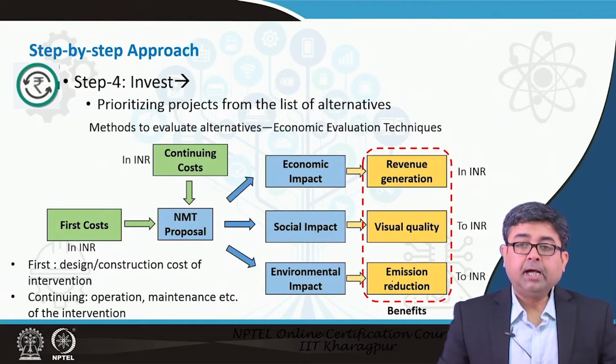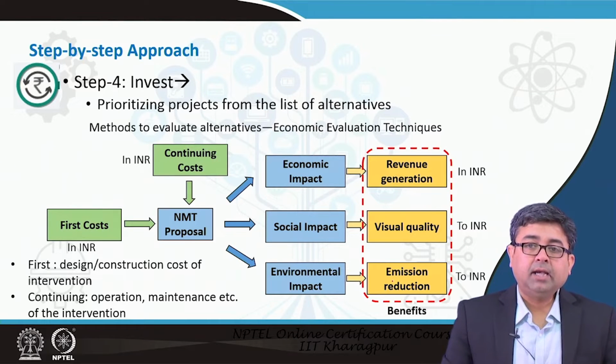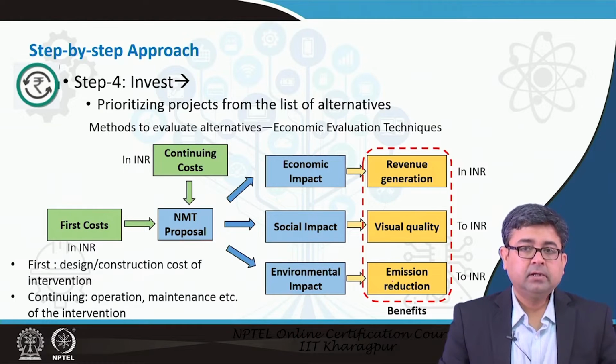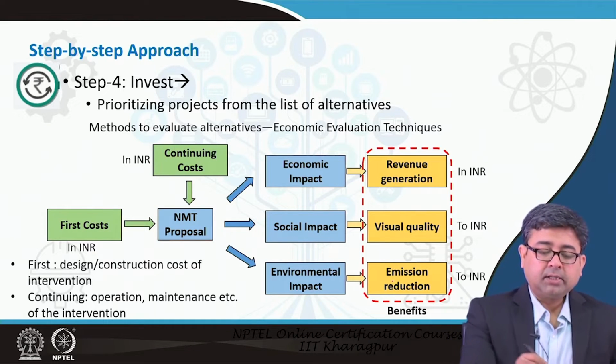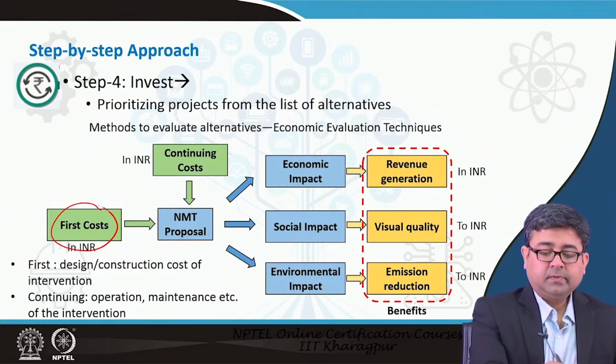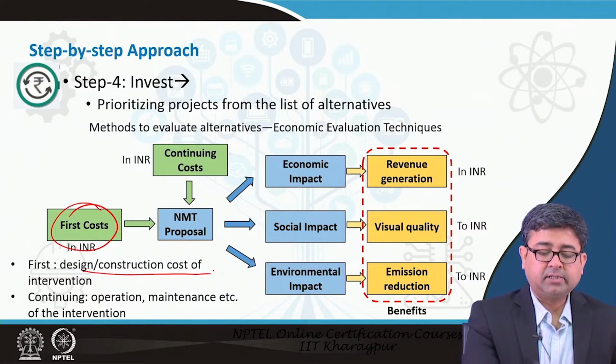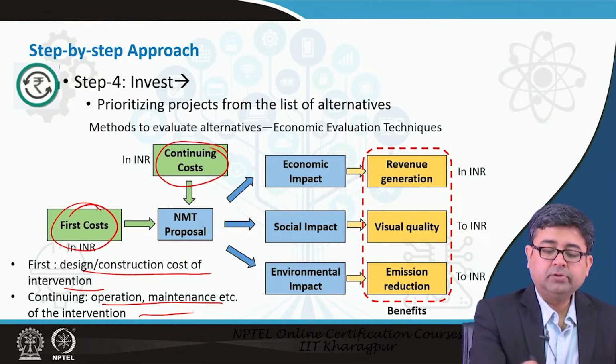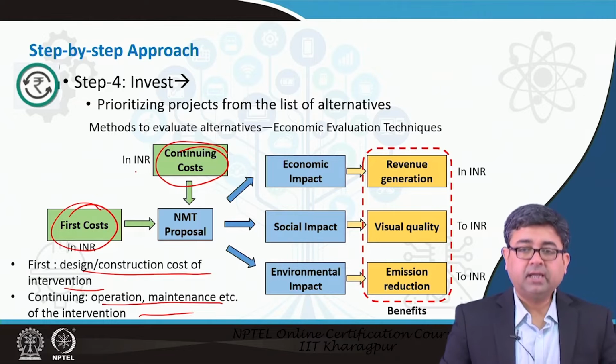Now, any NMT project will always involve costs and will have some direct and indirect benefits associated with it. So, what are the costs? There will be costs of design, construction, etc. And also there will be cost of operations and maintenance. So, there are usually 2 types of costs that have to be considered while you are looking to invest in an NMT